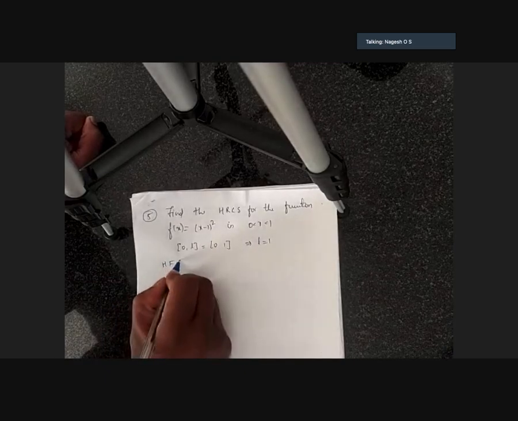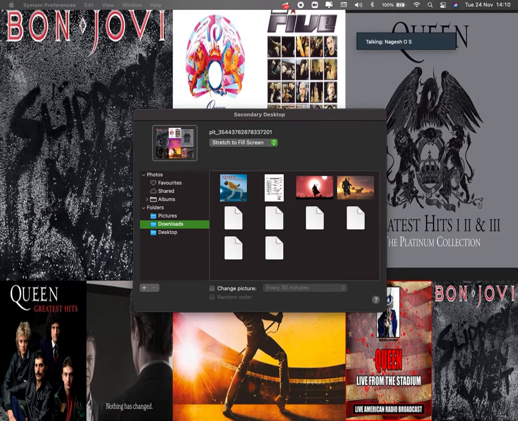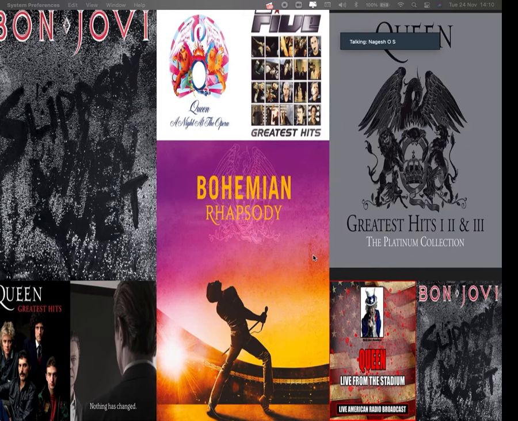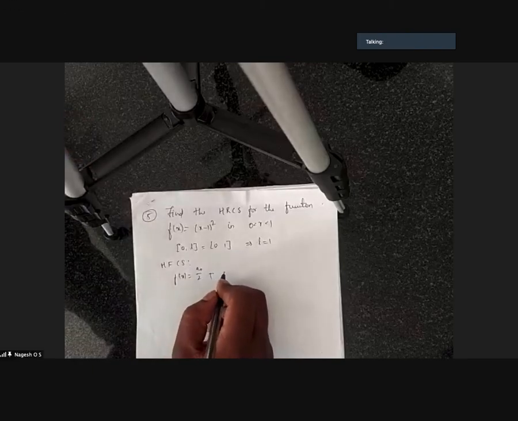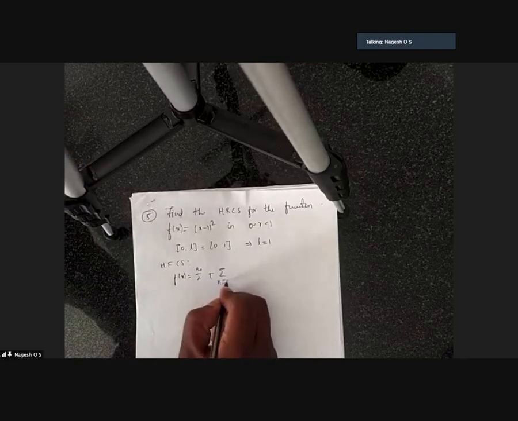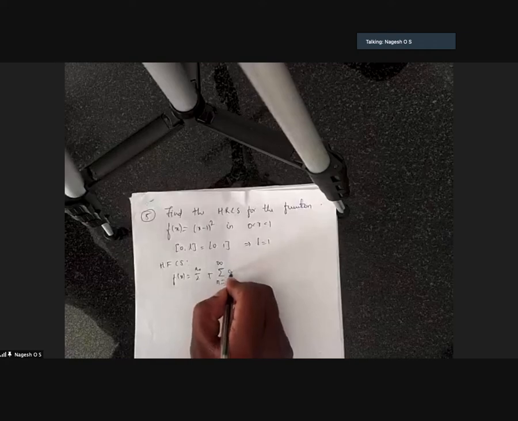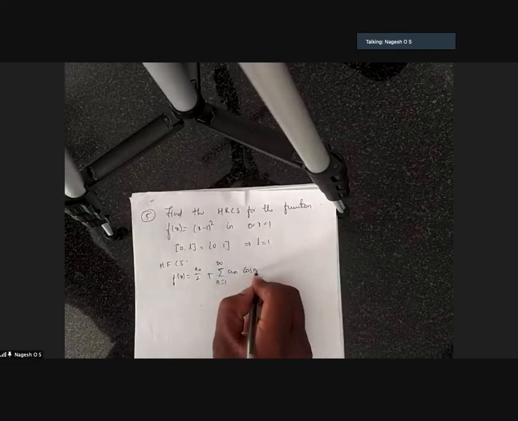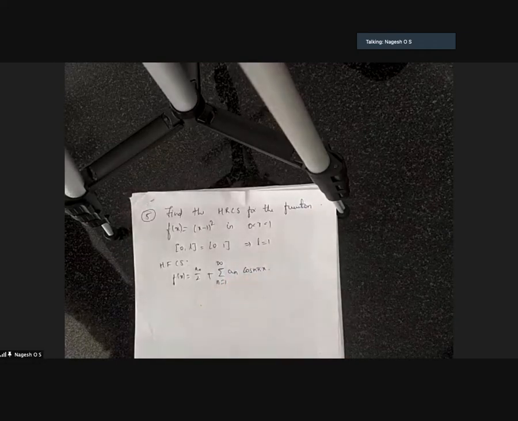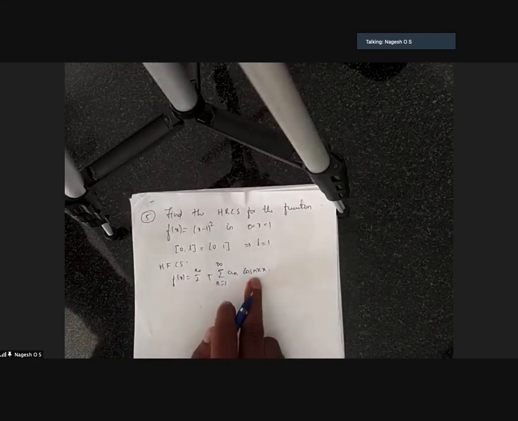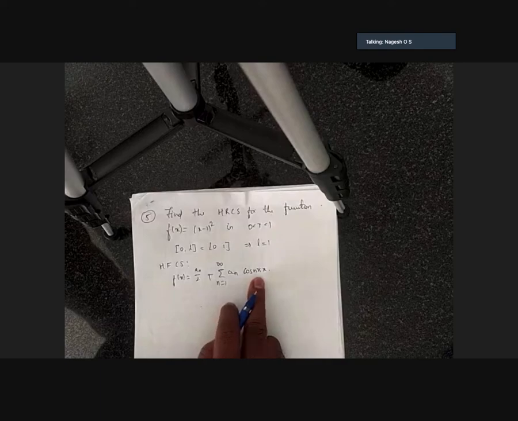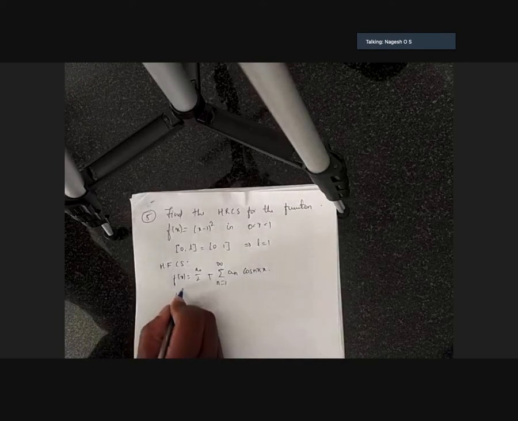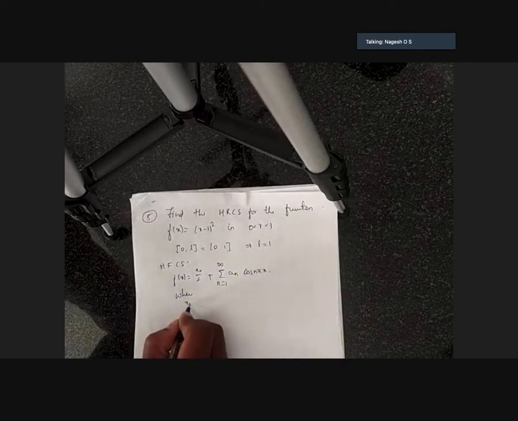Half-range Fourier cosine series is f of x equal to a0 by 2 plus summation n equal to 1 to infinity an cos n pi x by L, but L is 1, no need to write 1. Then where a0 equal to